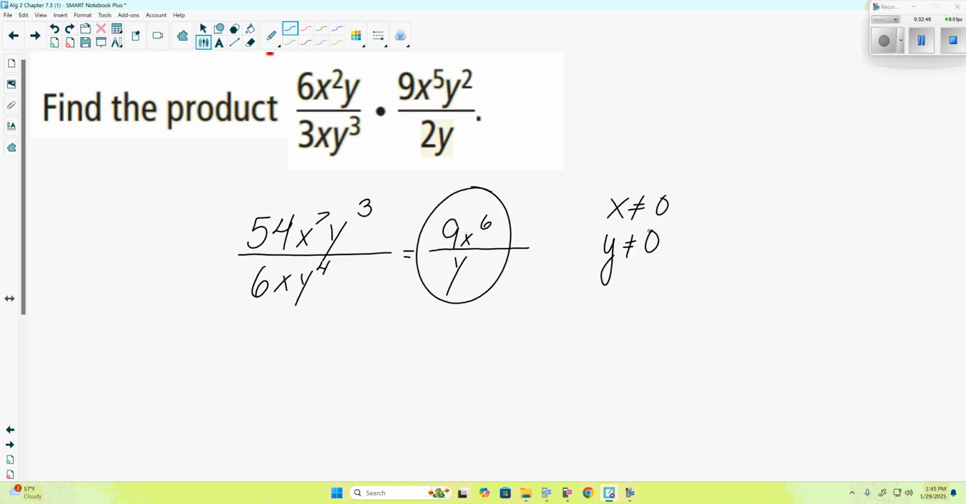Questions on this here? So either way, if we simplify first and then multiply, or multiply then simplify, we'll get to the same spot. It's whichever one you find easier to do. Questions on this here? 8 times 9 is 72. Now we're going to